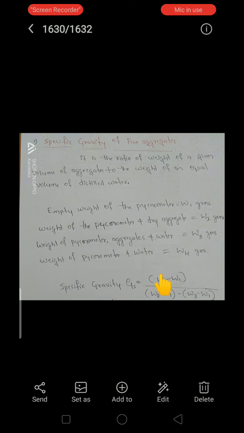This is your first experiment. Okay, so here I am just explaining how we are going to find out the specific gravity, what the definition of specific gravity is, and what the use of finding the specific gravity of fine aggregate is. The specific gravity of fine aggregate is required while doing the mix design of concrete. Then, to find out the percentage of voids, how much void is present inside the given volume of sample or aggregate, for that purpose we need the specific gravity of fine aggregate.